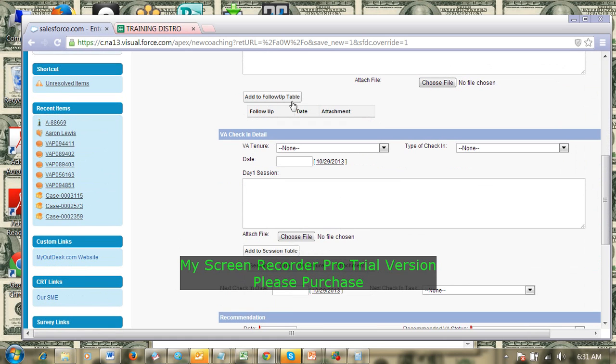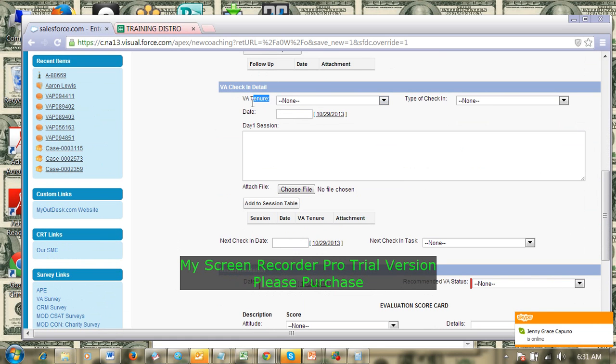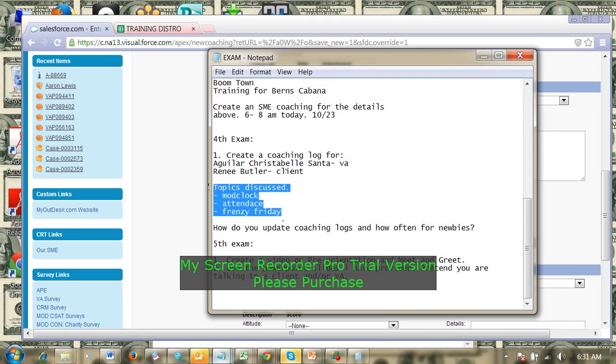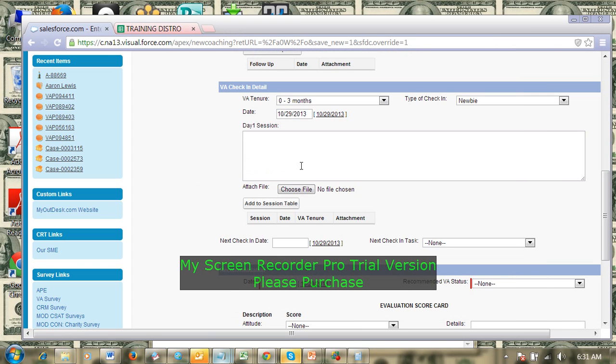Going next to VA check-in detail. So first, VA tenure, you can check it in SF. Let's say it's 0 to 3 months. Then type of VA check-in, let's say it's newbie. The date today, and whoops, we've got instructions here. Let's say you were able to discuss mod clock, attendance, and Frenzy Fridays with the VA. So what I actually do in HR is put notes by bullets, and I'm gonna bring that to CRT.